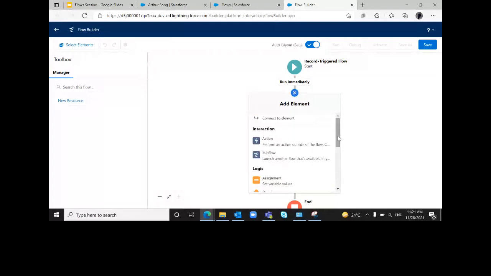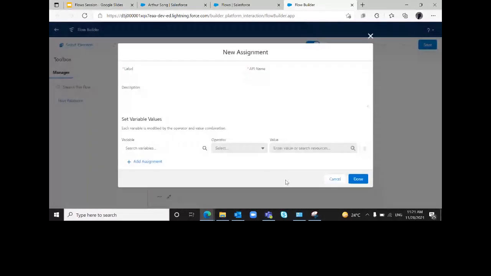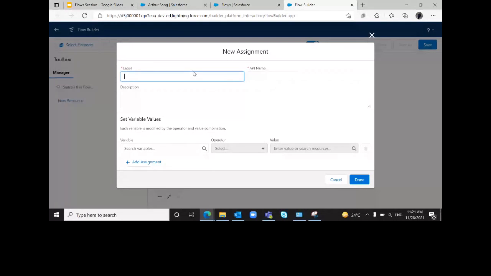Okay, so as of now we have the condition, now we will be doing an assignment. What assignment? Once the condition is checked, after that, what should happen? All the data should be assigned to the contact relationship object. So here I am writing assign the data. We should say assign the contact data.